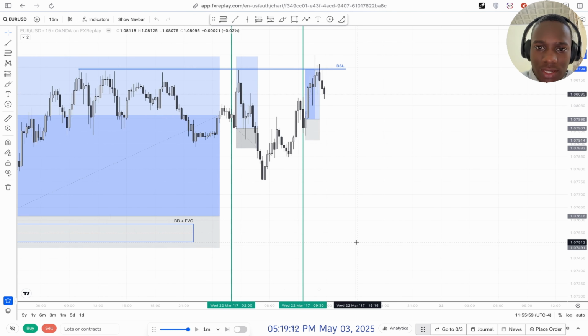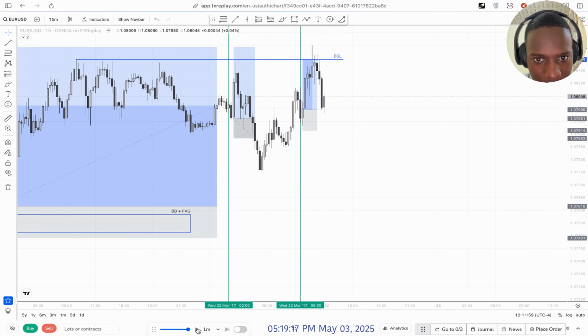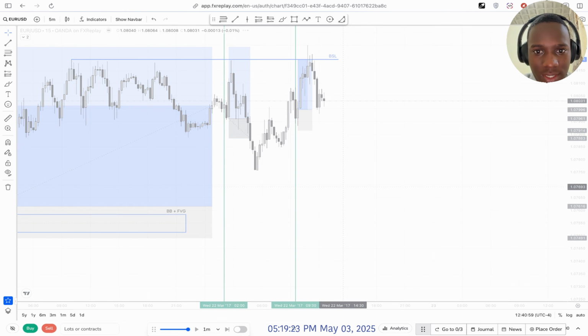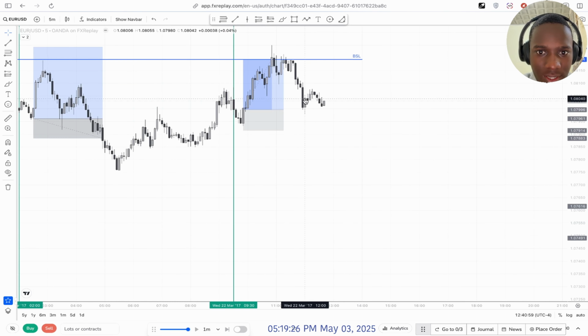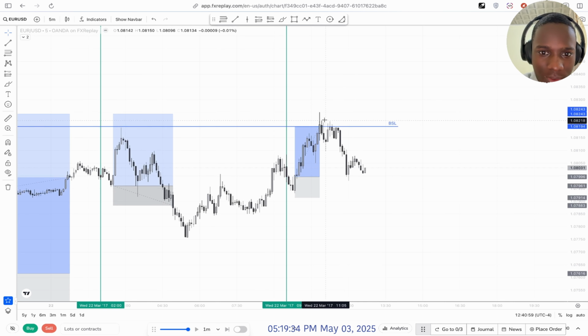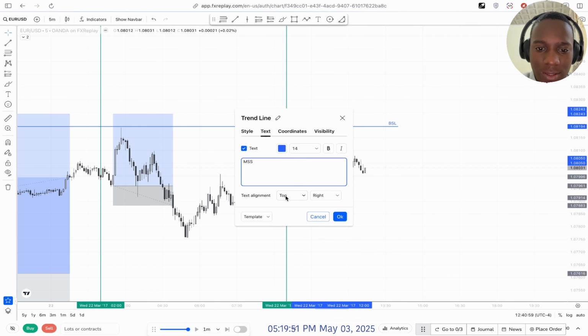So let's see if we get an entry in here. Okay, so it's dropping, and let's go to the 5-minute now. So we can see a healthy retracement to a fair value gap, but we might wait for a clear shift. But since we have swept out the liquidity and we have this market shift in here, it's an internal market shift, because on the external, which is like on the 1 hour or 2 hour, it wouldn't have been a shift yet. So we can have an MSS here,